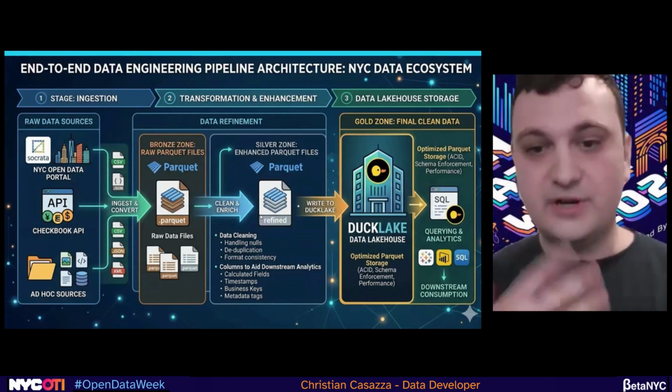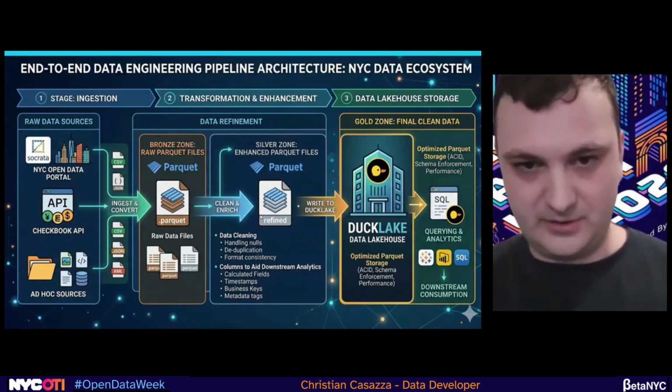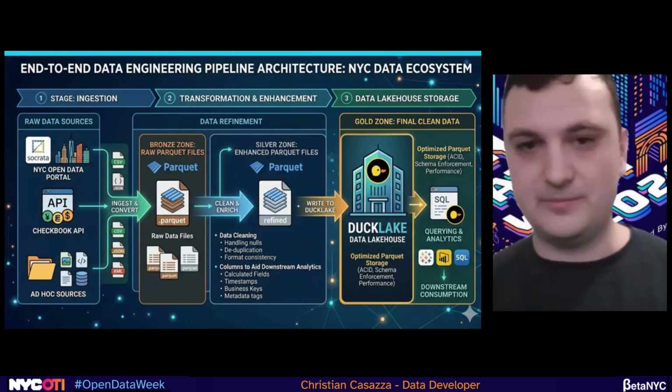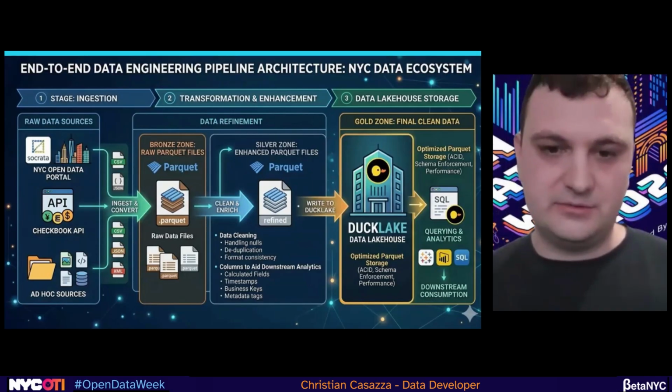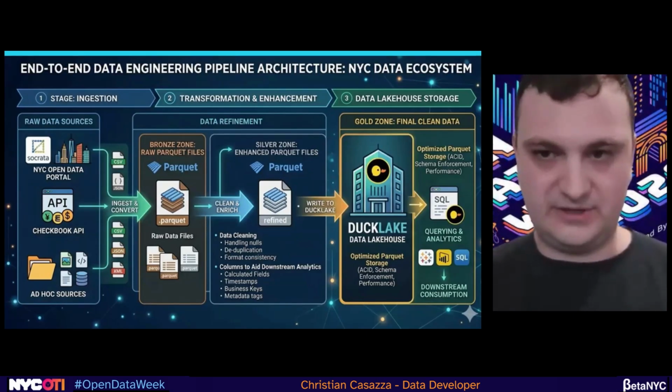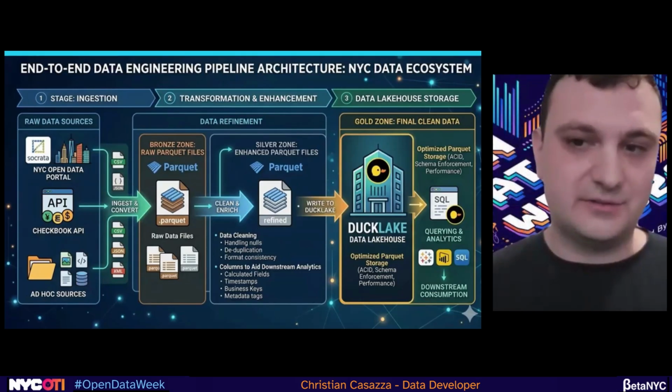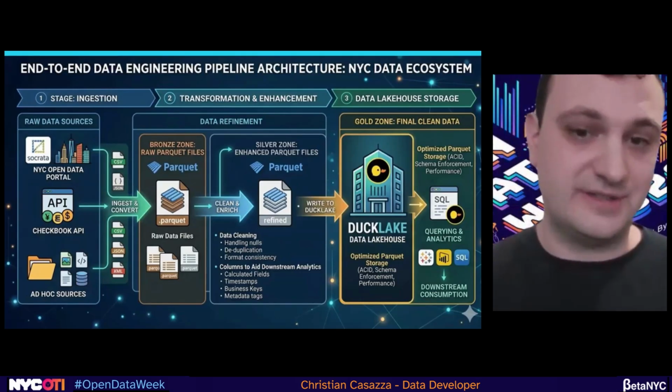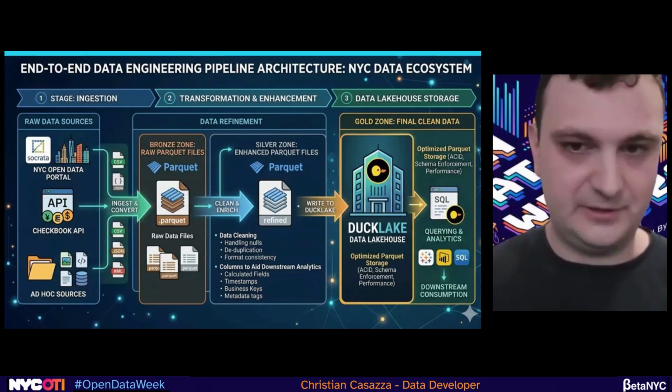Then we're going to add some enrichments. We're not just taking the raw data, we're going to improve it. We're going to identify bad columns and bad rows. We're going to add data quality flags and add enhancements through new joins. And lastly, we're going to write it to DuckLake, which makes it a lot easier to consume the data later on. I'll talk about that a little later.